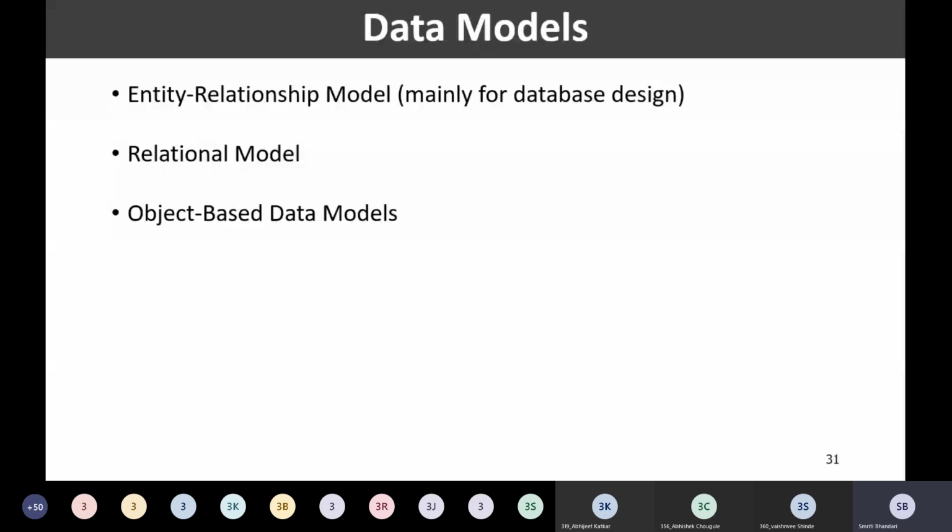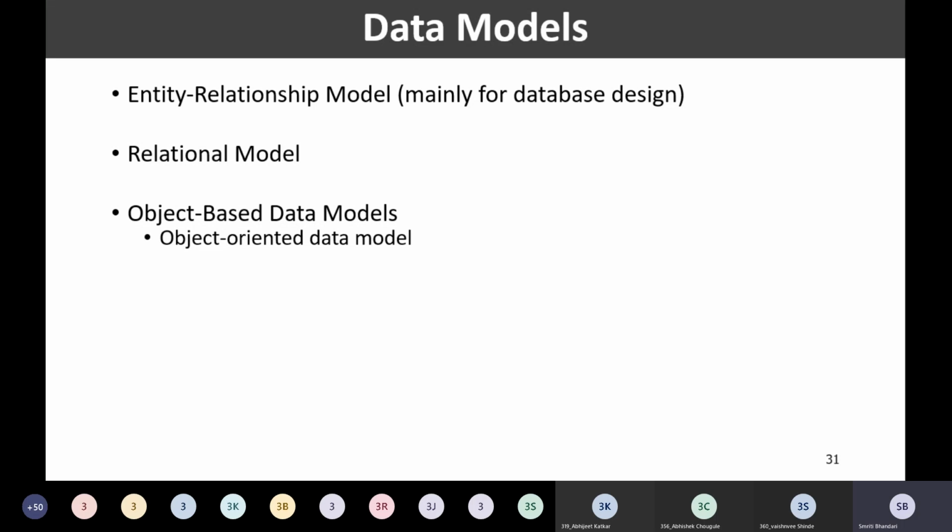So these concepts of object-oriented programming actually led to the development of these object-based data models. And under this category, we have the first model, that is the object-oriented data model. And this object-oriented data model is influenced by object-oriented programming languages.